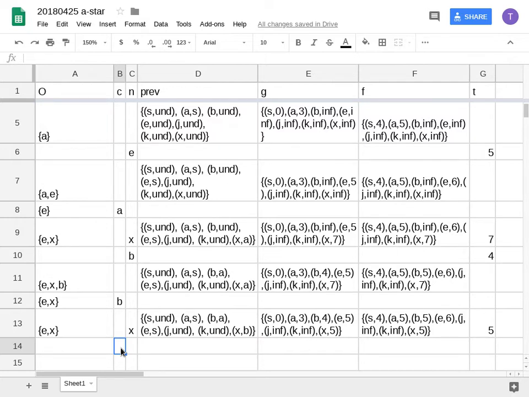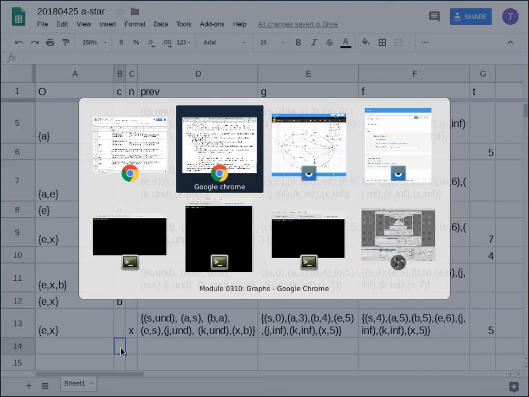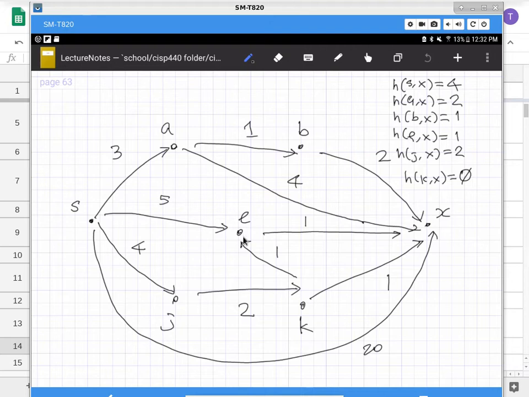So are there any f values that are less than x? So we got a, b, being less than x, even though they're not in the set of O. So we have to go for another iteration. So this time we're going to pick E, and then we ask, do we have any